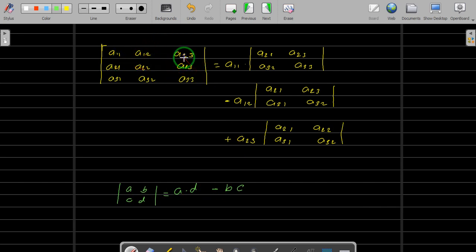To find the value of the 3 by 3 determinant, you will get these 2 by 2 determinants, and we already know how to get those. Again, you may have a 4 by 4 determinant, and in that 4 by 4, again you take the first element and then take the minor of that, and this you can define recursively. Okay, this is all about the determinant. Let us see one example.